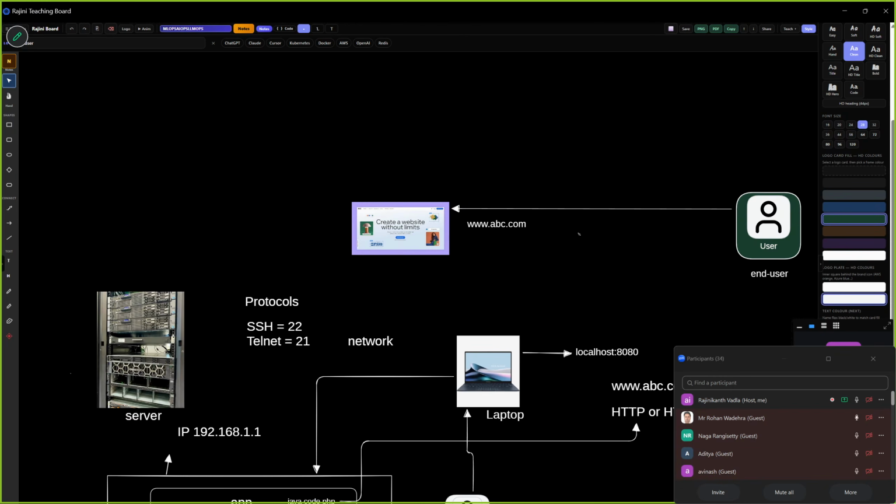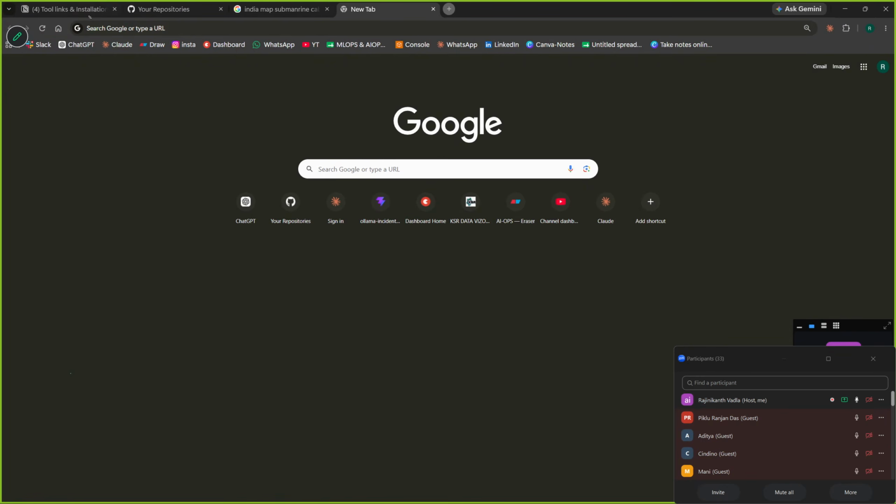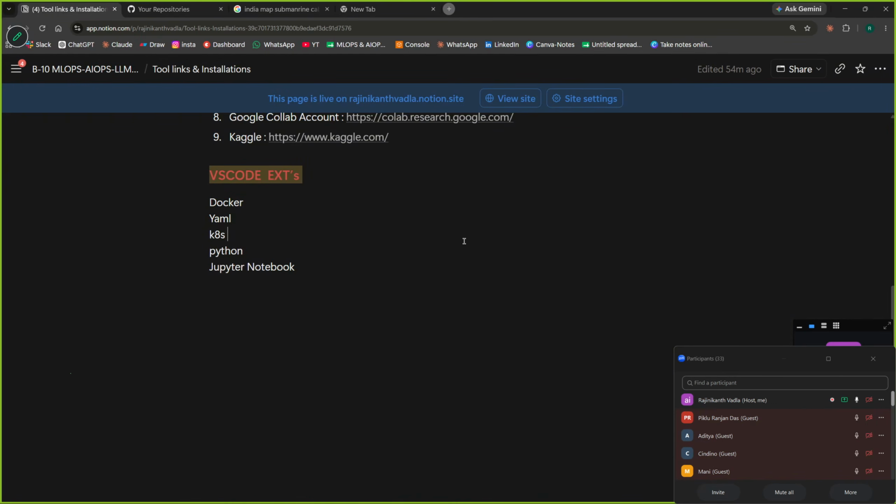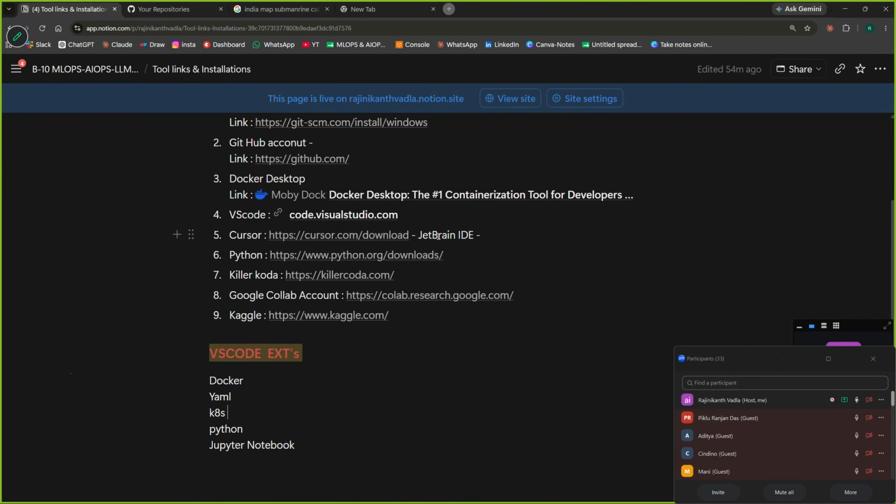Okay, that's fine. Thank you Rajni, so much. Whatever the tools you told to install, we have to just install. There is no need to do any configuration as of now, right? No, just install it. I'll tell the configuration part when the class is going on. Most of the install tools are free, right, Rajni? All the tools are free, sir. Only KillerCoda will ask you, but no need to pay. That is free only. It will show to pay and all, but no need.